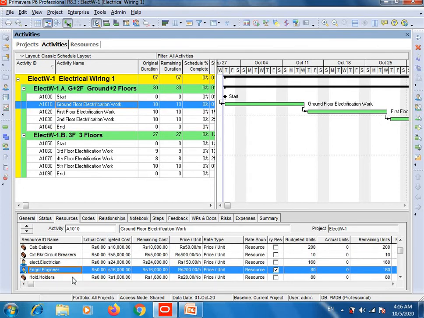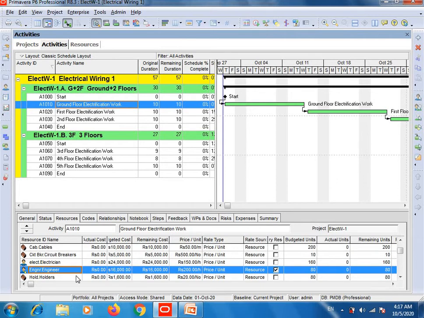Then here comes engineer. The engineer per hour salary is 200 Pakistani rupees, and I think one engineer is enough. He will look after all the electricians and laborers, and he will look after all the electrification work of this G5 building, the 5 floors building electrification project. So the engineer will do 8 hour normal duty, and this activity will take 10 days to complete. So simply multiply 10 with 8, you will get the value of 80 budgeted units, and his or her 10 days salary will be 16,000 Pakistani rupees.